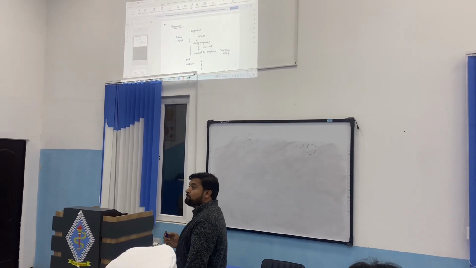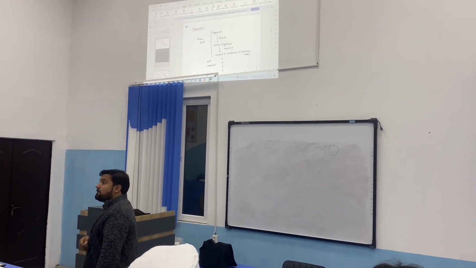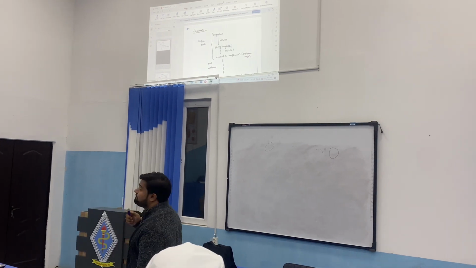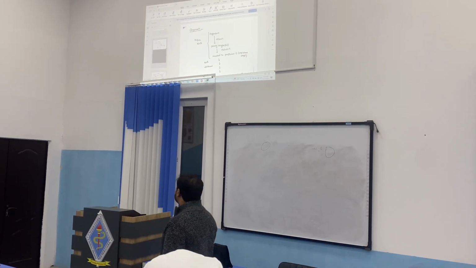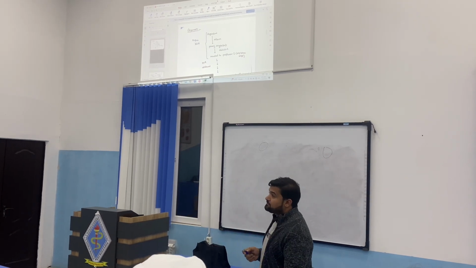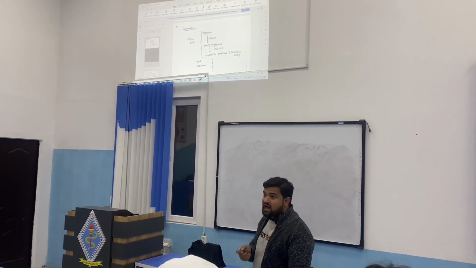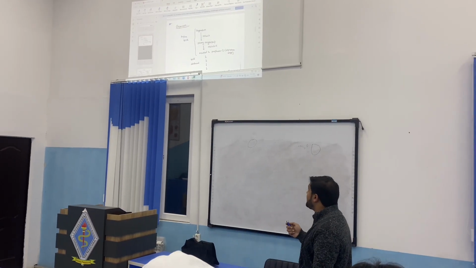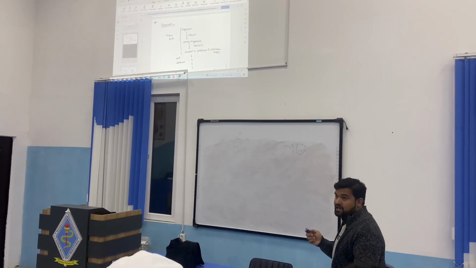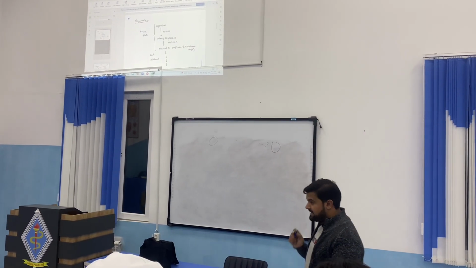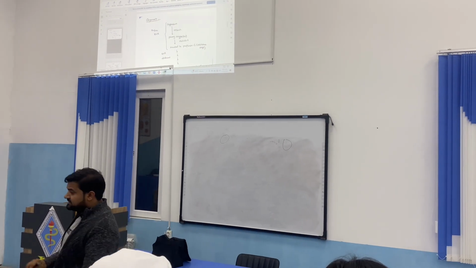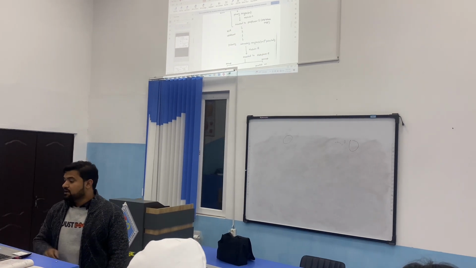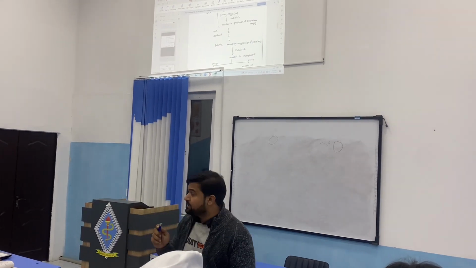So before birth, what are the conditions which occur in oogenesis? That is mitosis. After that, meiosis 1 starts, but that meiosis 1 is arrested in prophase 1, diplotene stage. Now, after birth, what will happen? After birth up to puberty, this